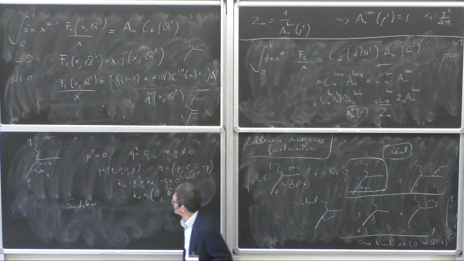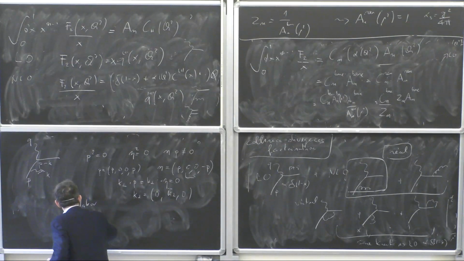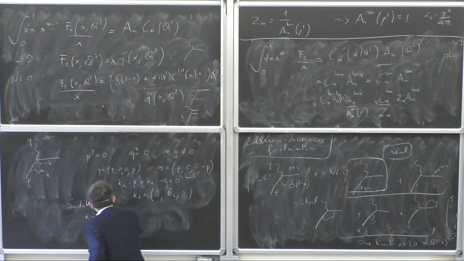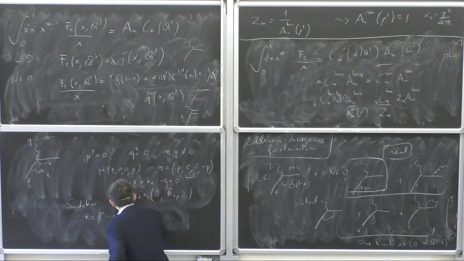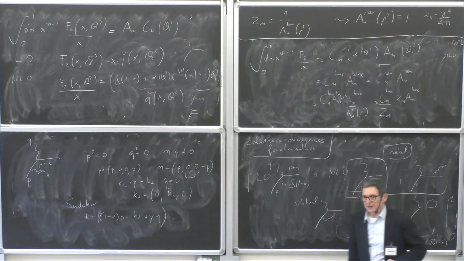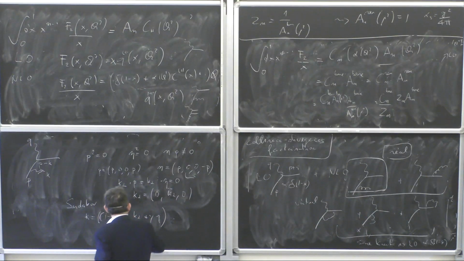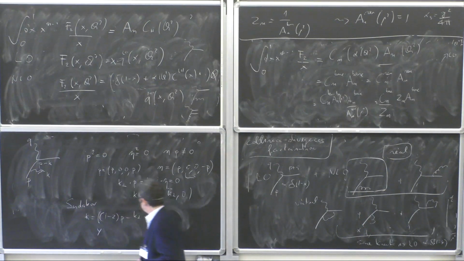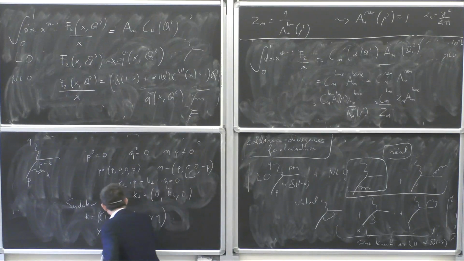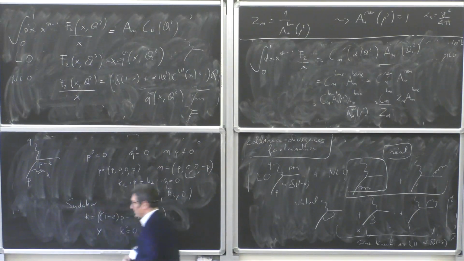Okay, so here I do the following. I write k like (1 minus z) times p minus k perp plus y times eta. Okay? y is fully determined by the condition that k square is equal to 0,